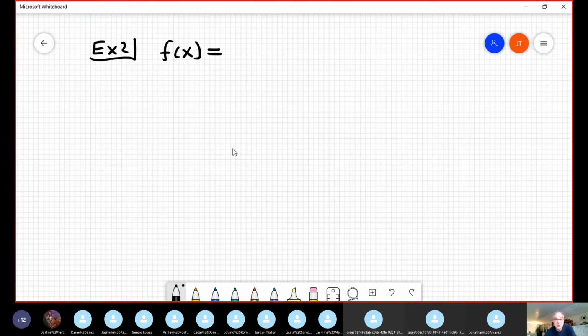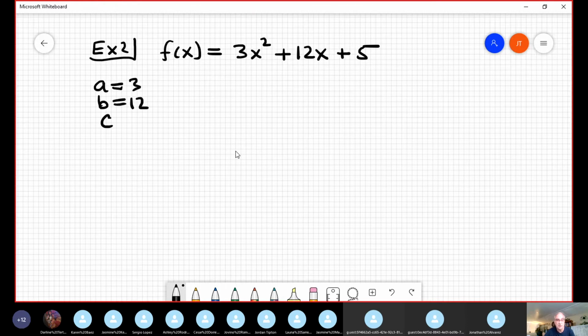It's 3x squared plus 12x plus 5. This is now expressed in standard form. So, it's obvious that A is 3, B is 12, and C is 5. I have no idea who is H and who is K. I want to prove what is the relationship, what is the formula that connects them. So I want to prove the formula, but don't worry about the formula,